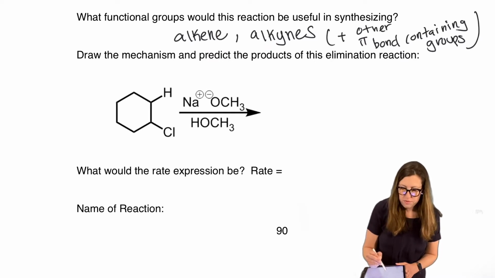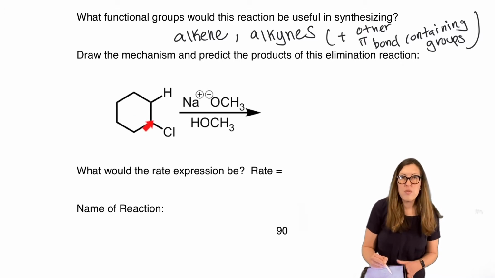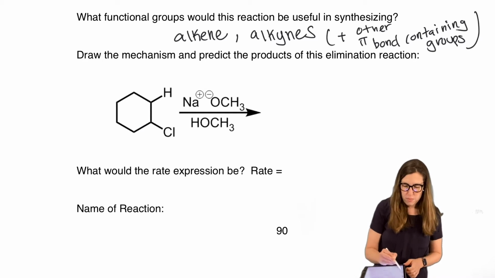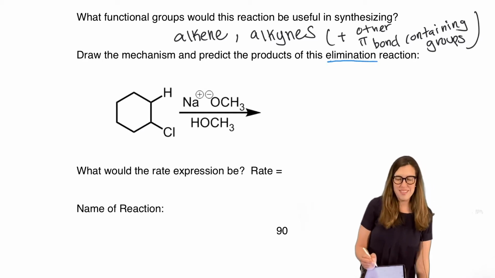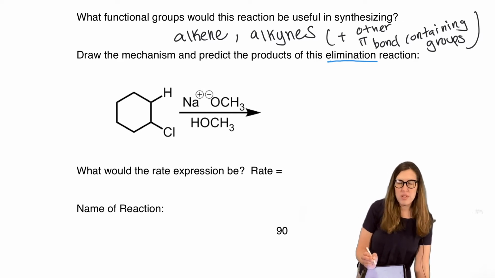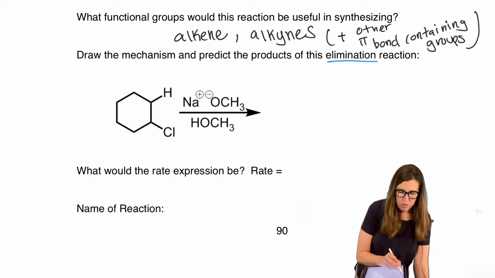So let's do an example with real R groups drawn in there. So here's an alkyl halide, okay? Now, when we see an alkyl halide, the only thing we've done in the past is substitution, replace this. Now you're being told to turn your mind to elimination. So if we're doing elimination, I gotta find my alpha carbon. In order to do that, I gotta find my leaving group. Where's my leaving group? Chlorine. All right, that's my leaving group.